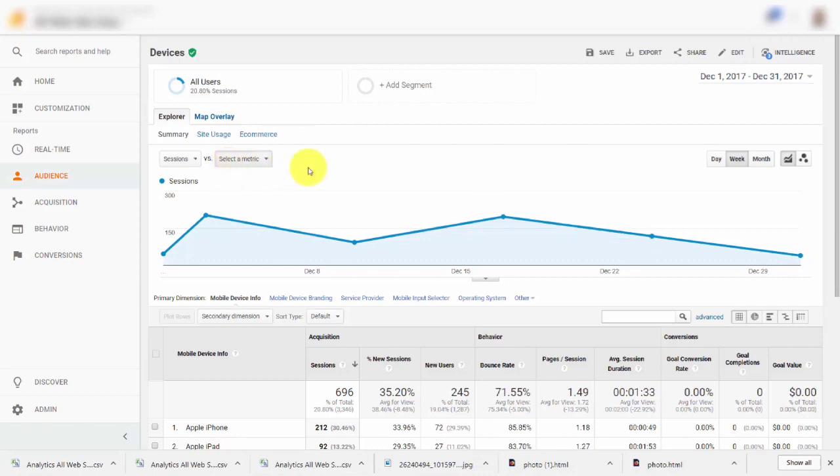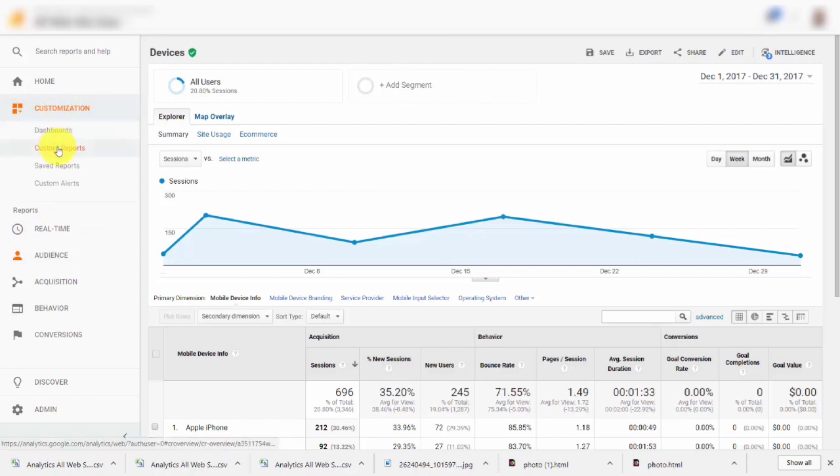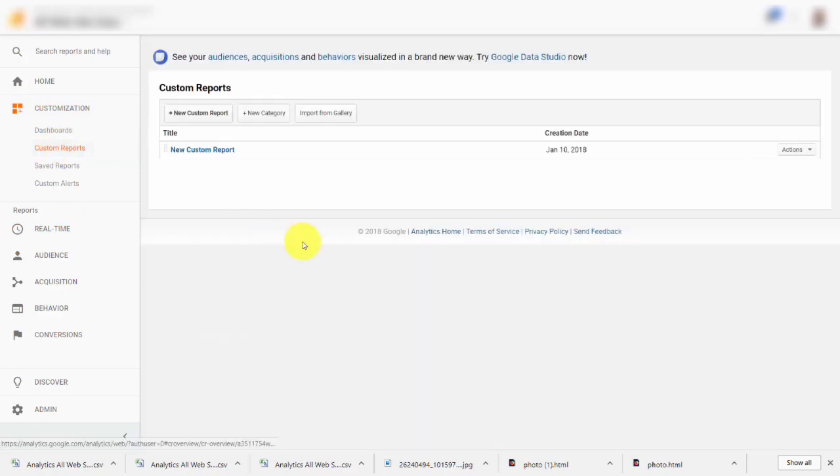Now, once you begin collecting data on a regular basis for your websites, you may discover that there's a specific way of looking at your business that will give you the maximum amount of information. And when that's the case, you may want to create a custom report. And to do that, you are going to go to the customization button, and then you're going to click Custom Reports. When you get to the menu, you're going to click New Custom Report,